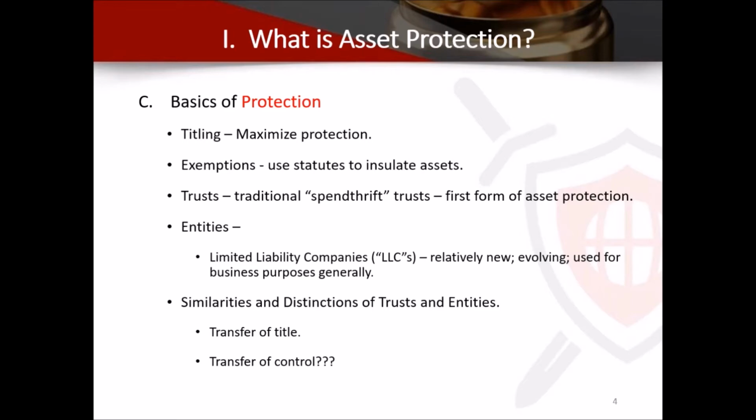At the end of the slide here, we have similarities and distinctions of trusts and entities. The trusts are a complete division of title. So they're pretty much bulletproof unless there's hanky-panky going on. That's a really strong entity. The business entities are not; you don't divide title. An owner's an owner. If you have someone who operates the entity, they operate the entity, but they're not the owner, and there's not really divided title. There may be divided operational authority and ownership, but not divided title.